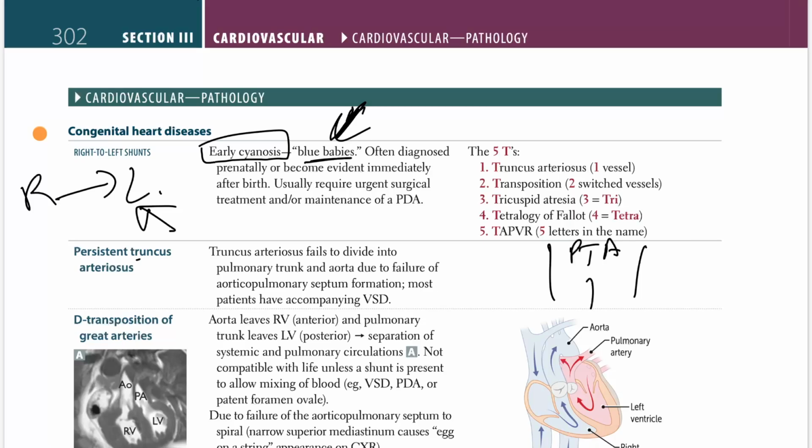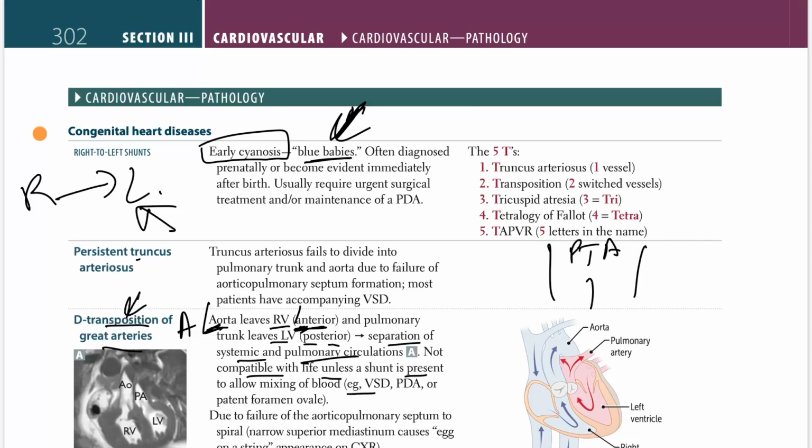Okay, now looking at the second, which is called transposition. It's a transposition of great vessels. So aorta leaves the right ventricle anteriorly, and the pulmonary trunk leaves posteriorly. Mnemonic is A for A, aorta anterior, and this is not normal. Normally aorta should be posterior, but here, because there is a transposition of the great vessels, aorta leaves anteriorly. A for A, aorta, anterior, and pulmonary trunk leaves the left ventricle posteriorly, leading to separation of systemic and pulmonary circulations, not compatible with life unless a shunt is present along with the mixing of blood, VSD